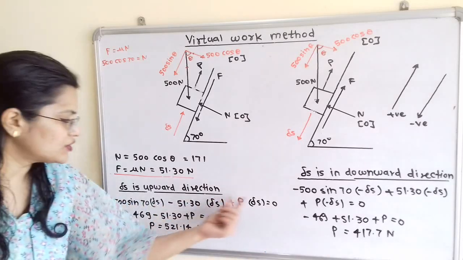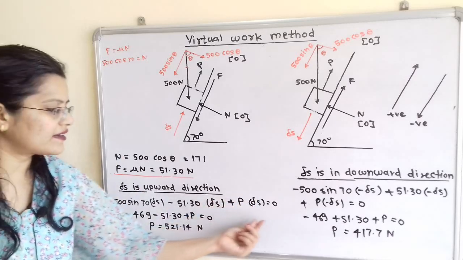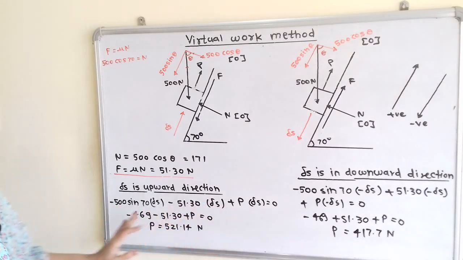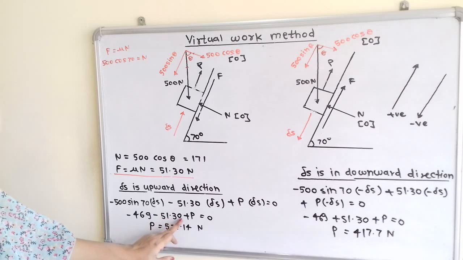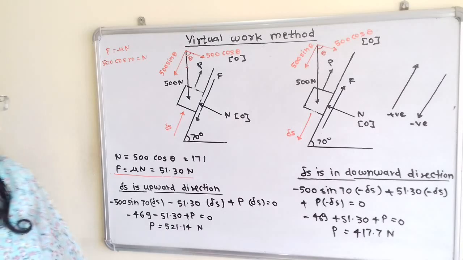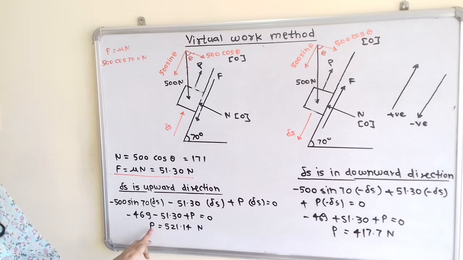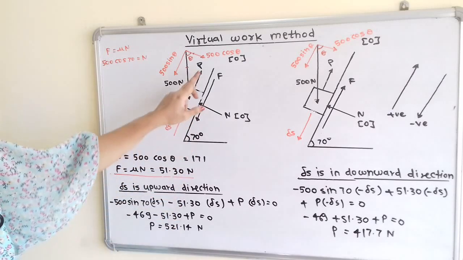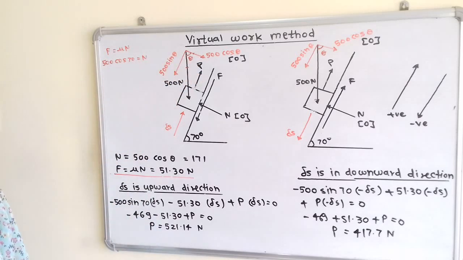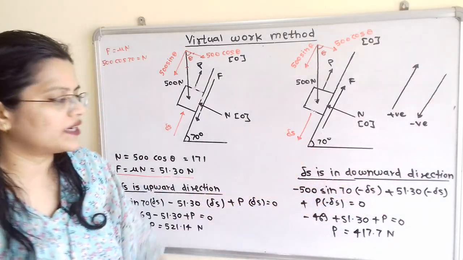Now from this equation we will take delta S as a common term. This delta S is not equal to 0. We can transfer it to the right hand side and it will get cancelled. So the remaining answer is minus 469 minus 51.30 plus P is equal to 0. Therefore P is equal to 521.14 Newton. So this is the value of P. That means when this applied effort P is equal to 521.14 Newton, then only there is the small displacement in